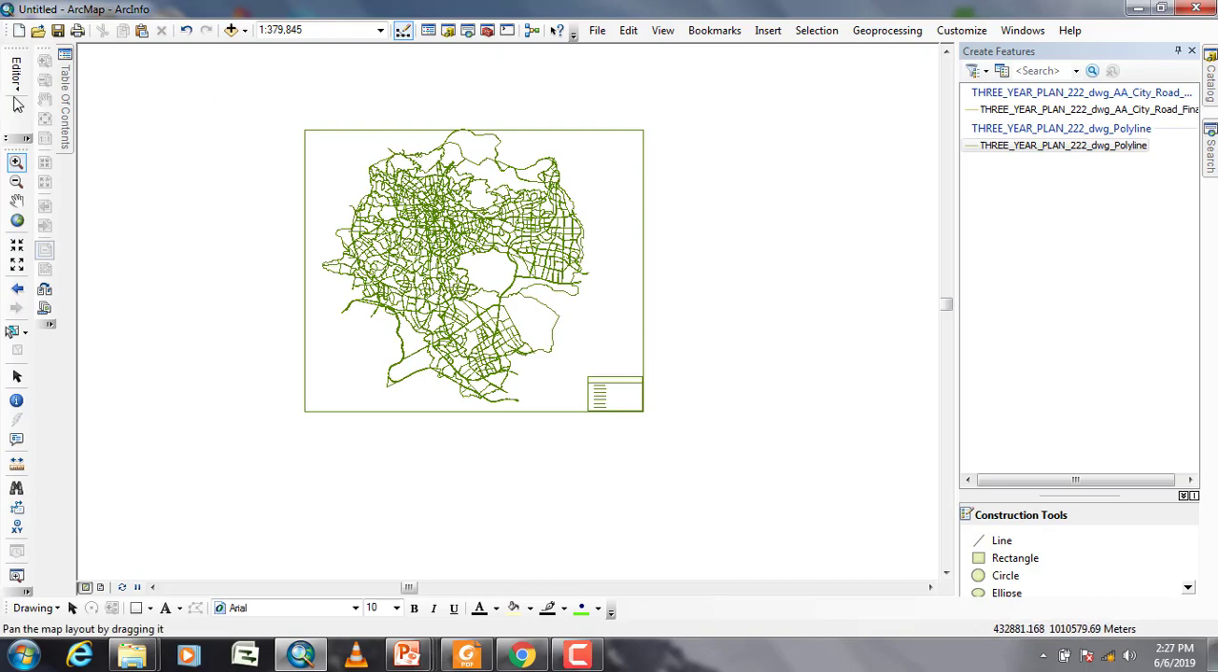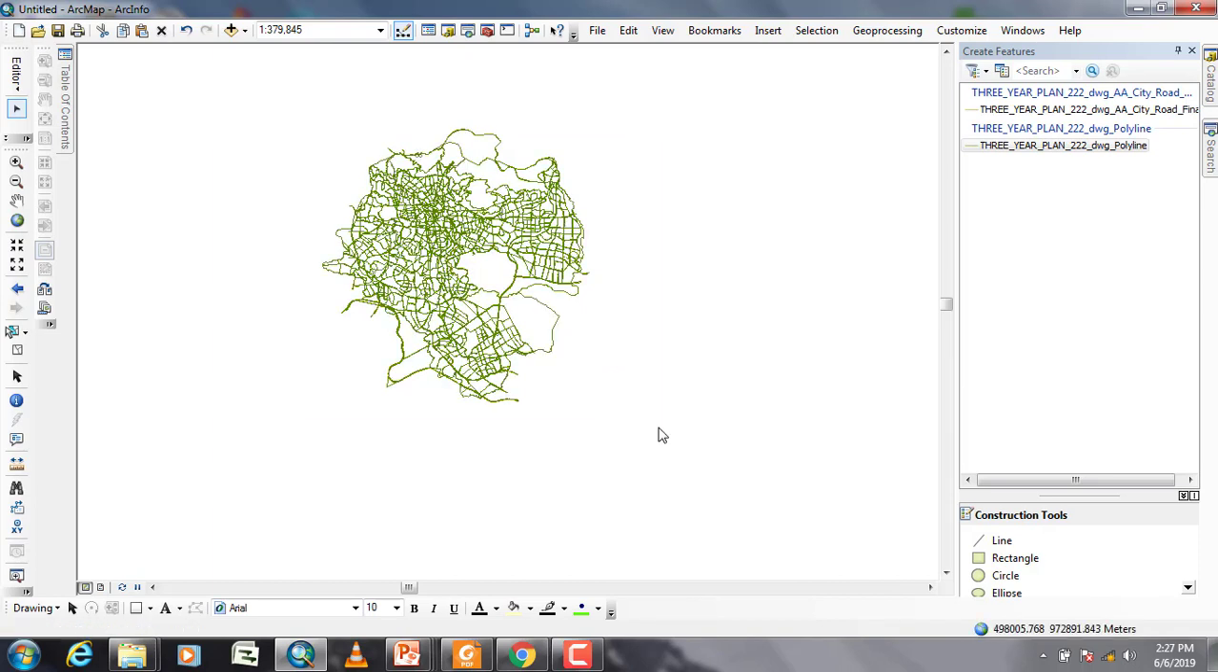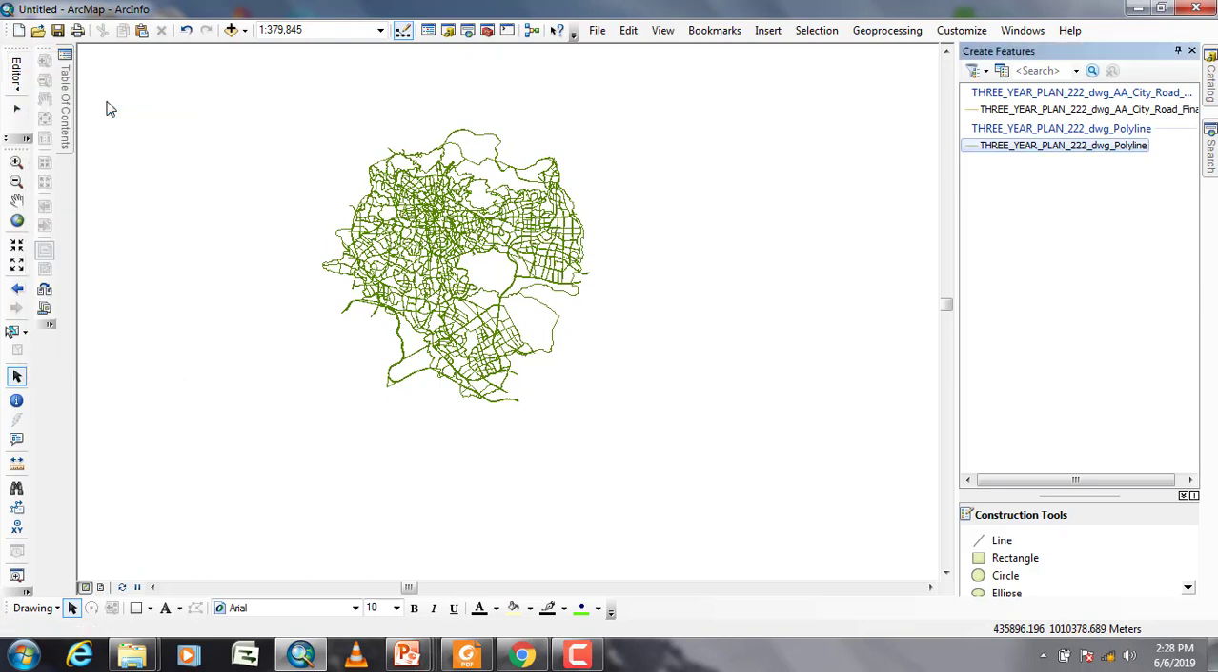Now there is also a layout, so a similar action will be done. Select the layout and right click and delete. Now the final shapefile will be saved. Click on edit and save edits. Now this is